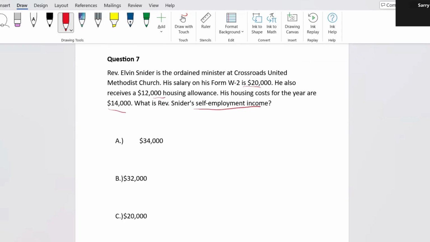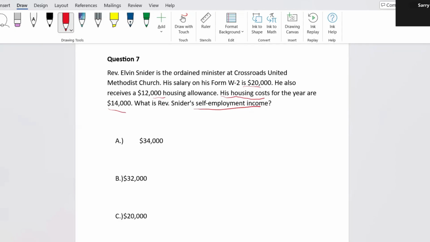So, okay, this is a little bit tricky, right? Because ministers and people who work at typically religious organizations have a combination of self-employment income and regular ordinary income. And there's also a mix of housing costs. So you're going to need to break this down. This will be on the enrolled agent exam, so you need to understand this. Typically the rule is that there's a difference between self-employment income and taxable income. I'll put the taxable income on hold. There's no reason to dive into that right now. It's just about self-employment income.